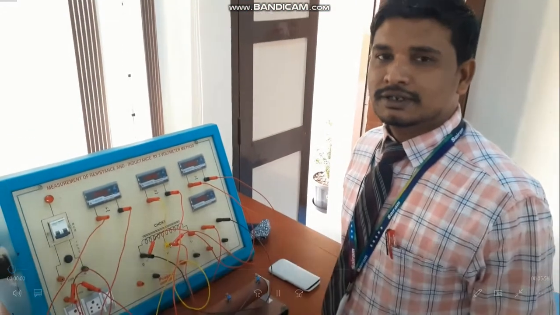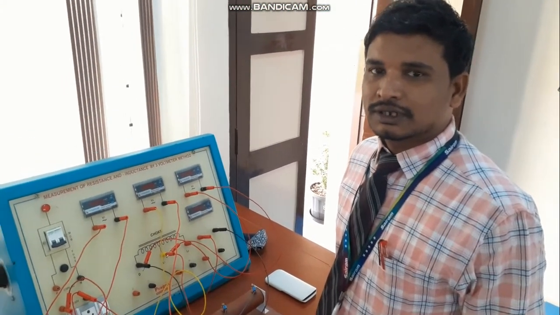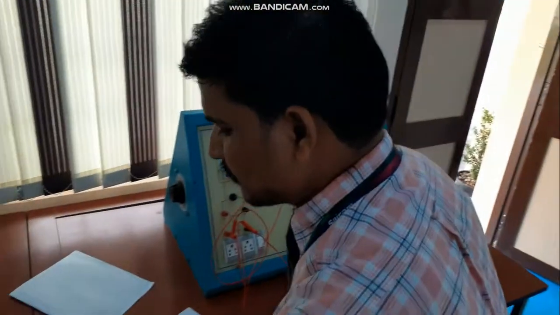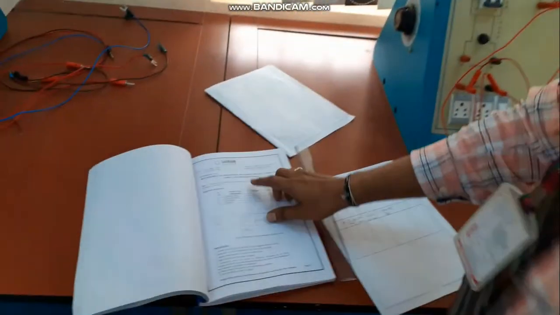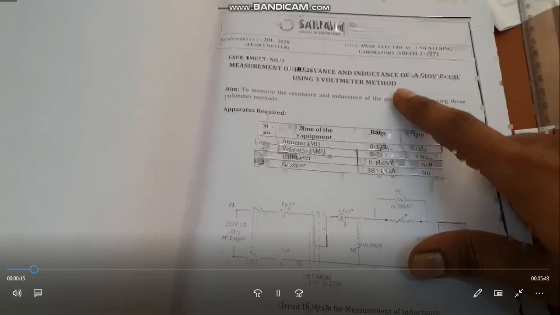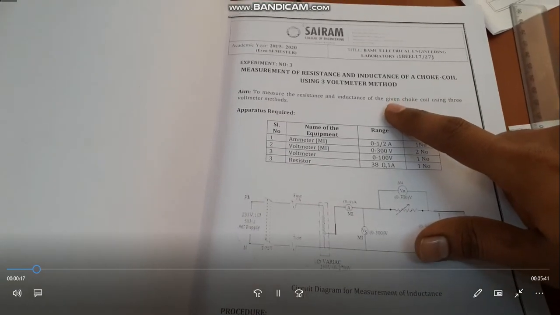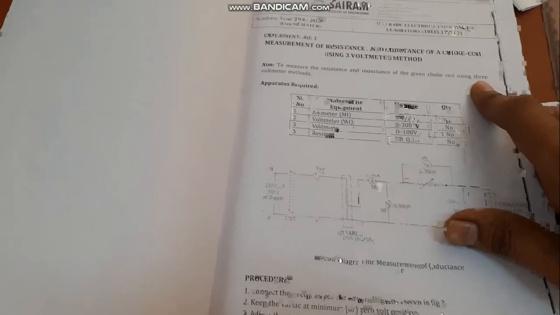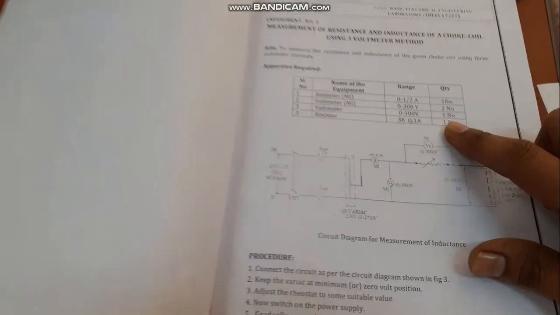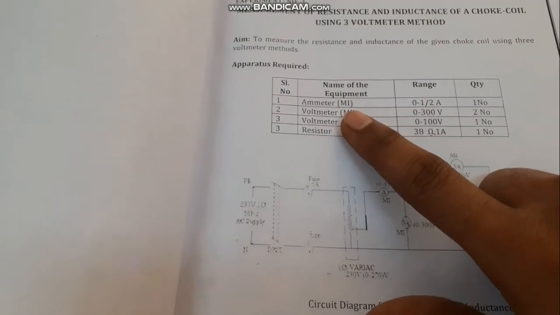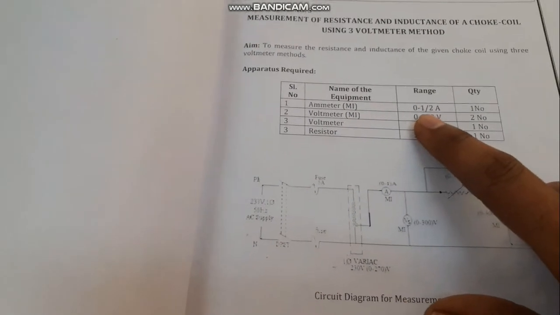Good morning, students. Today we are going to discuss an experiment on measurement of resistance and inductance of a choke coil using the 3 voltmeter method. To measure the resistance and inductance of a given choke coil using the 3 voltmeter method, these are the apparatus we require. If you see here, we require 1 ammeter whose current rating is 0 to 1 or 2 amperes,